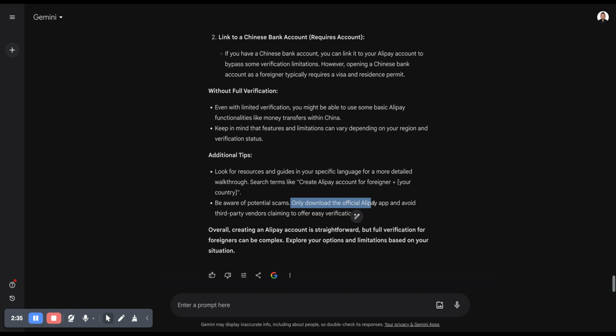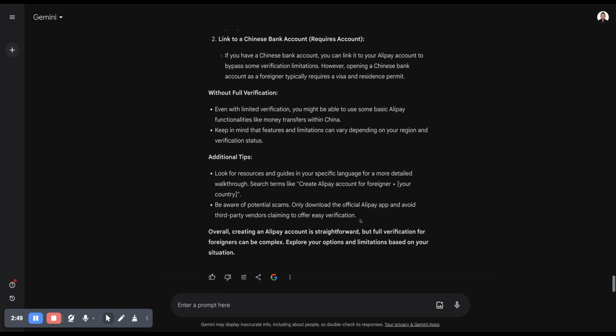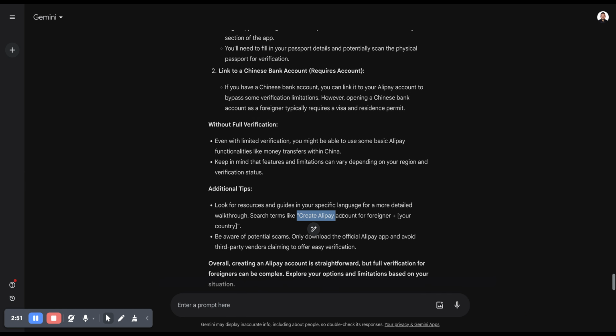Only download the official Alipay app and avoid third-party vendors claiming to offer easy verification. Overall, creating an Alipay account is straightforward, but full verification for foreigners can be complex. Explore your options and limitations based on your situation, like just typing in Google, searching if you have a solution